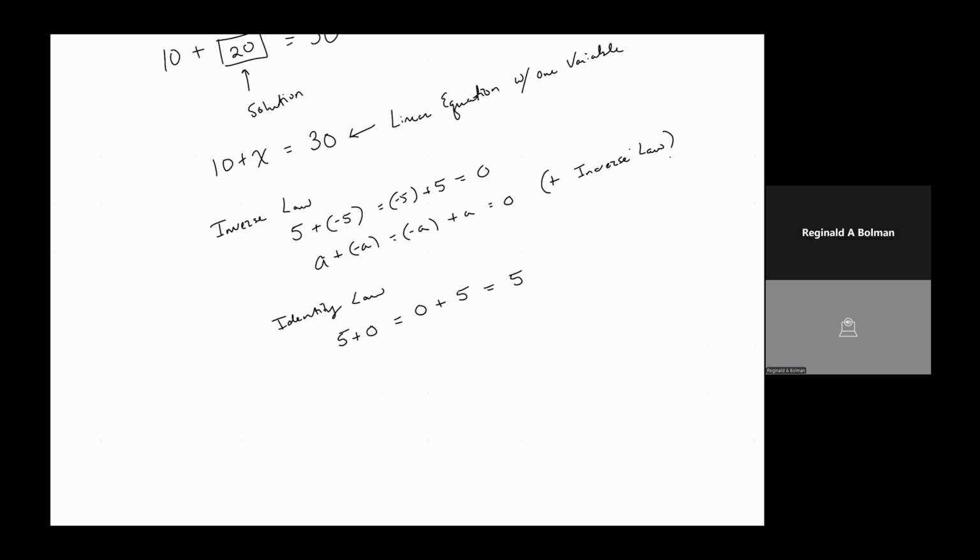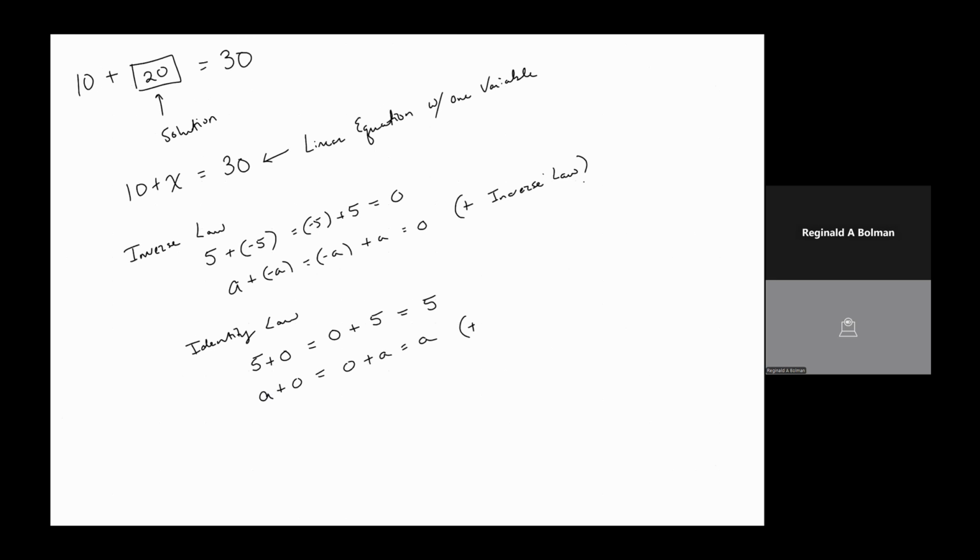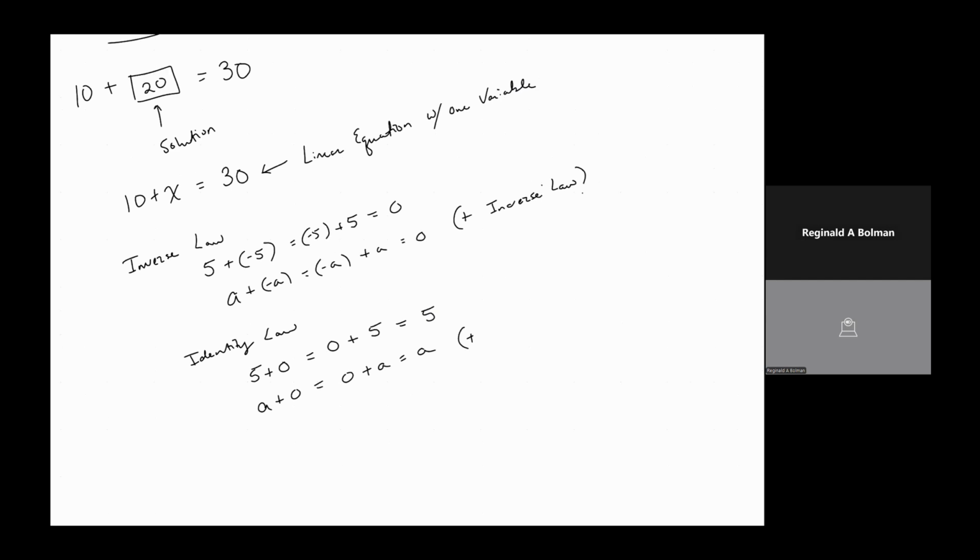And this seems rather straightforward and not really very important, perhaps, but it turns out that if you combine what is known as the identity law and the inverse law, along with what is known as the additive and or multiplicative properties of an equation, you can perform what is known as formula balancing for an equation, regardless of how complicated a specific equation might be. So in this instance, a plus 0 is equal to 0 plus a is equal to a. That is called the additive identity